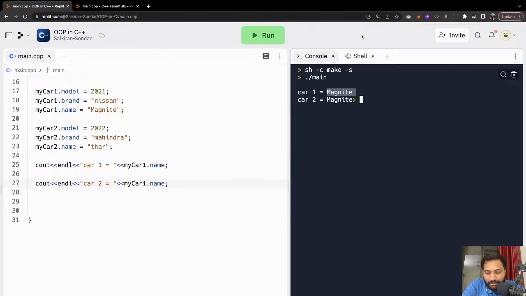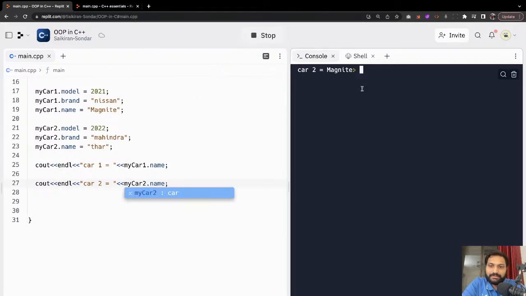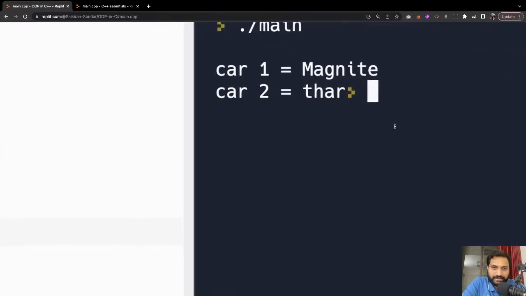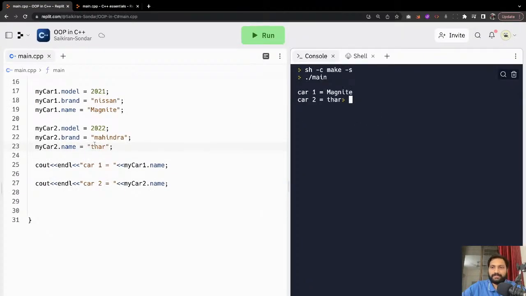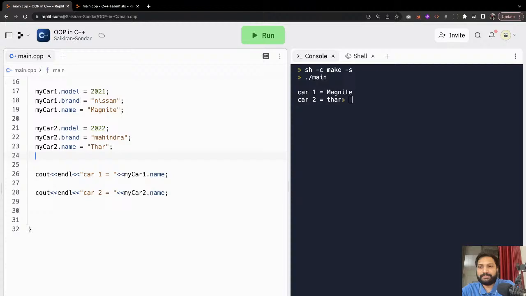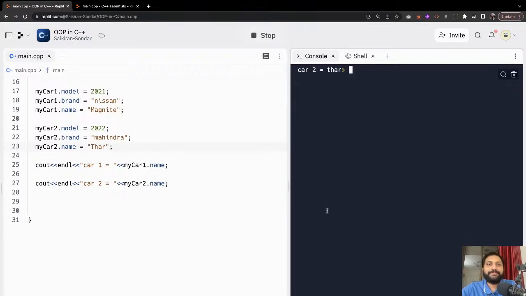यार BMW बेंटली ऐसा दे रहे हो ना, कुछ तो हो गया. हाँ यार, कार 2 है ना इधर. आजा भाई. हाँ ठीक है, it's working fine. Okay, it's working. THAR थार. ठीक है, so this thing is totally working. Okay, now